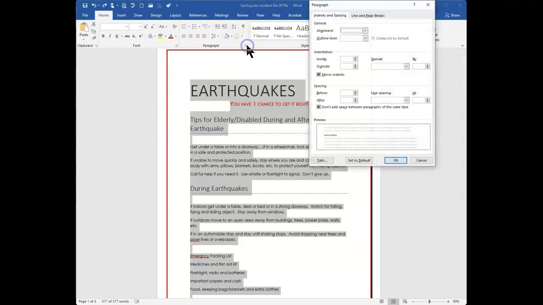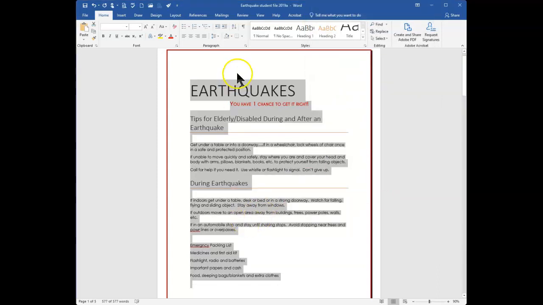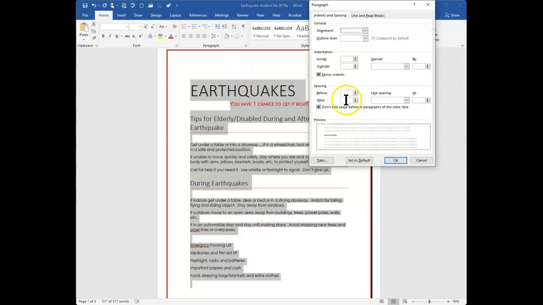And then we can go right to Paragraph, and maybe we want to set this at 1.3, 1.4, whatever they tell you to do. Okay, so don't get confused again with the spacing before and after. And instead you may want to, when you get ready to look for the line spacing, maybe you want to make it 1.6